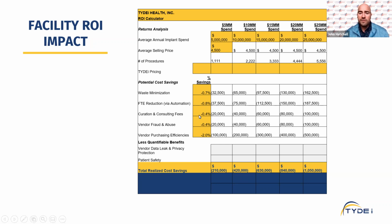The curation and consulting fees, obviously, because this data is siloed, quite frequently we see healthcare facilities use third-party consultants to come in and analyze their data, curate their data, give them feedback. And we think that a lot of those fees can be offset because they're going to have access to this data through our system in a curated manner already. That could certainly reduce some of those expenses that they're paying out each and every year